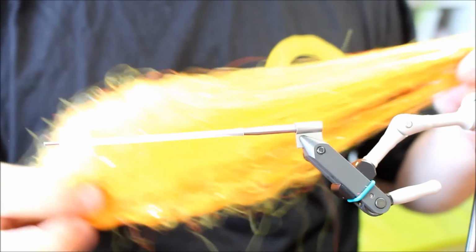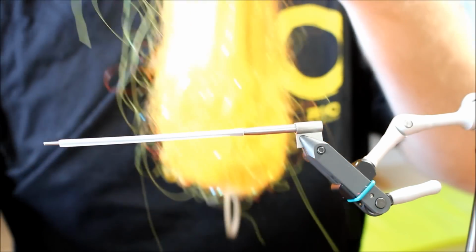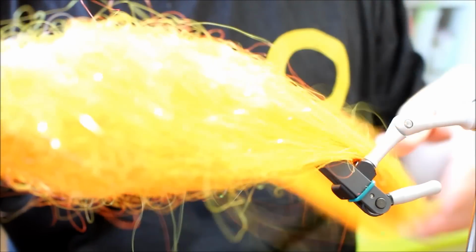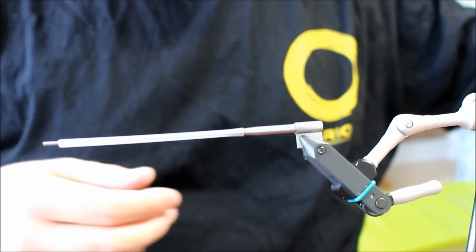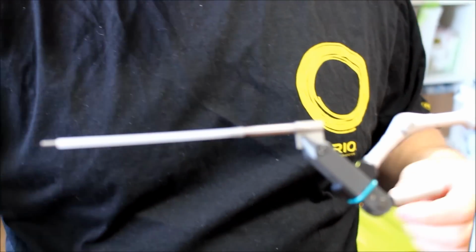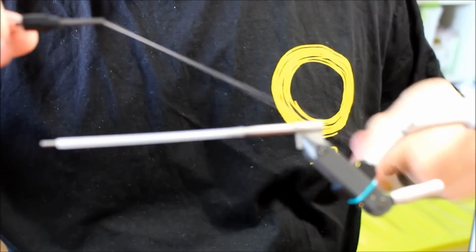Then we're going to use some of this very cool color. This is the sunrise, a nice blend of orange with some flash added into the mix already. We're going to use some saddle hackles, some bucktail and some other stuff. First of all, I'm tying on the Future Fly